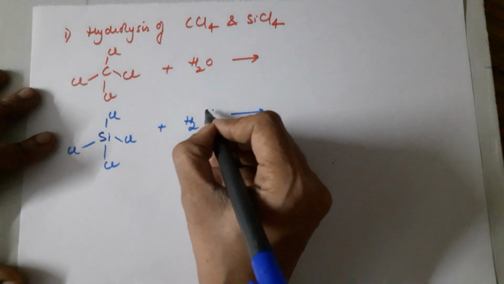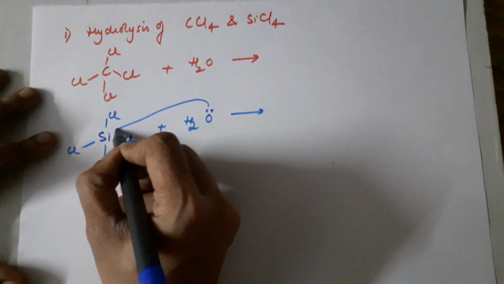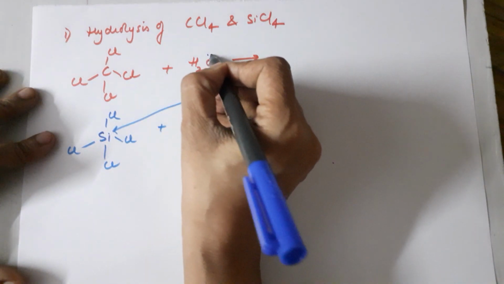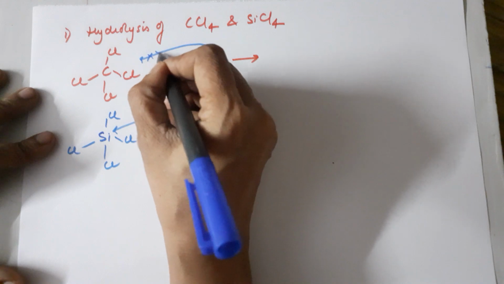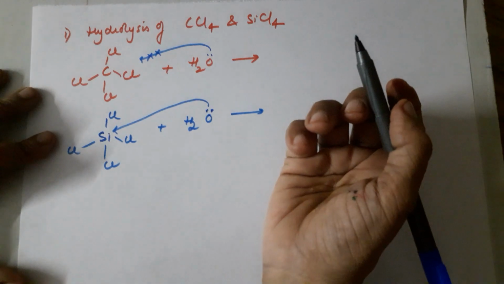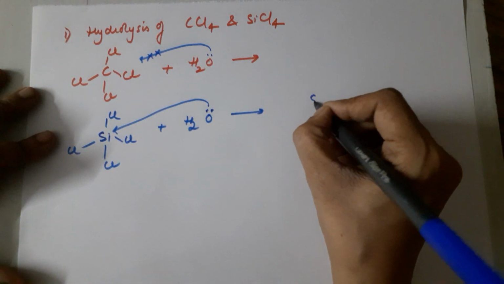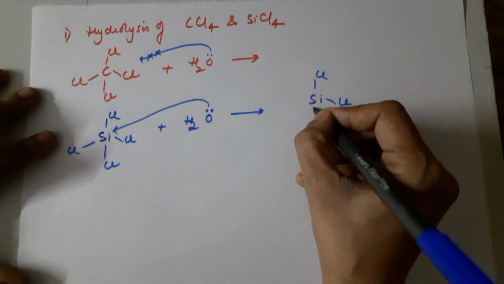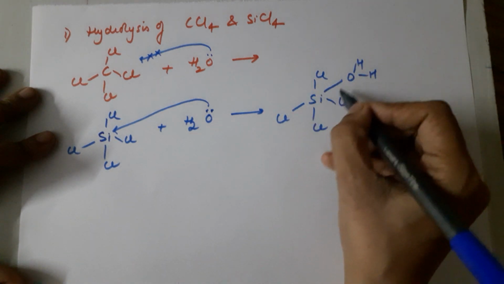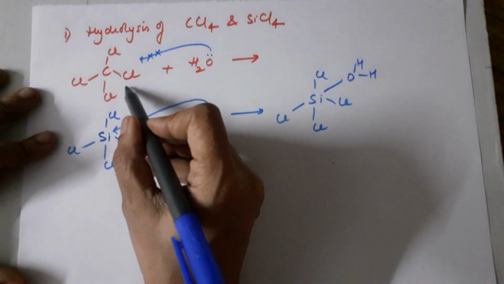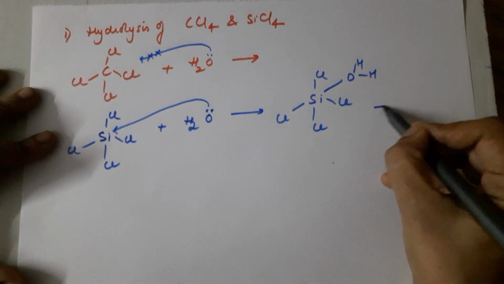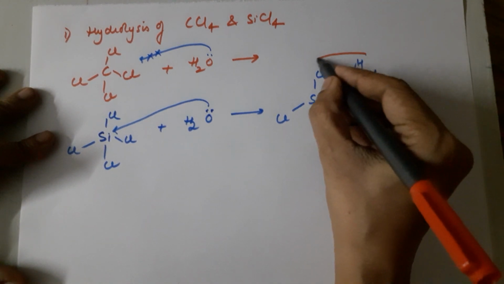The lone pair of water, oxygen that is, goes and attacks onto silicon in the presence of the vacant d orbital, whereas a lone pair here cannot attack it because carbon has no vacant d orbitals for the lone pair to form a coordinate bond. This leads to an intermediate structure which looks like this. Silicon does form 5 bonds as an intermediate, while carbon can never form 5 bonds owing to its limitation of absence of d orbital. This then loses HCl